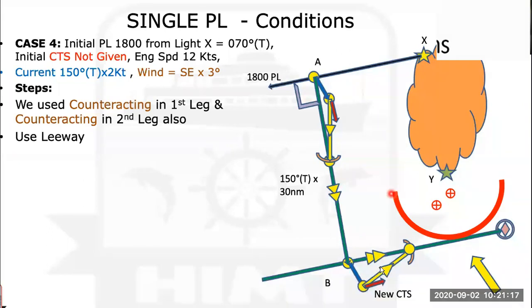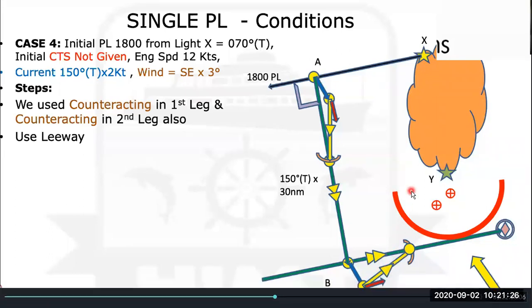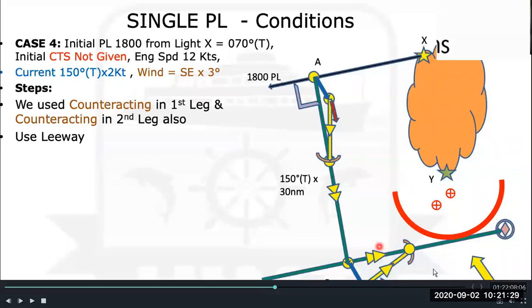Yellow is our leeway track, because we have the wind also. If there was no wind, this would be our course to steer, correct? But since we have wind, this is our leeway track. Now wind is from southeast, so wind is pushing you here, but you have to move on this track. So we will go 3 degrees down. If this is 050, we will steer 053. So our course to steer will be 053 and the ship's leeway track will be 050. And with the current, course made good will be 070. So our answer is alter course at 2046 to 053.